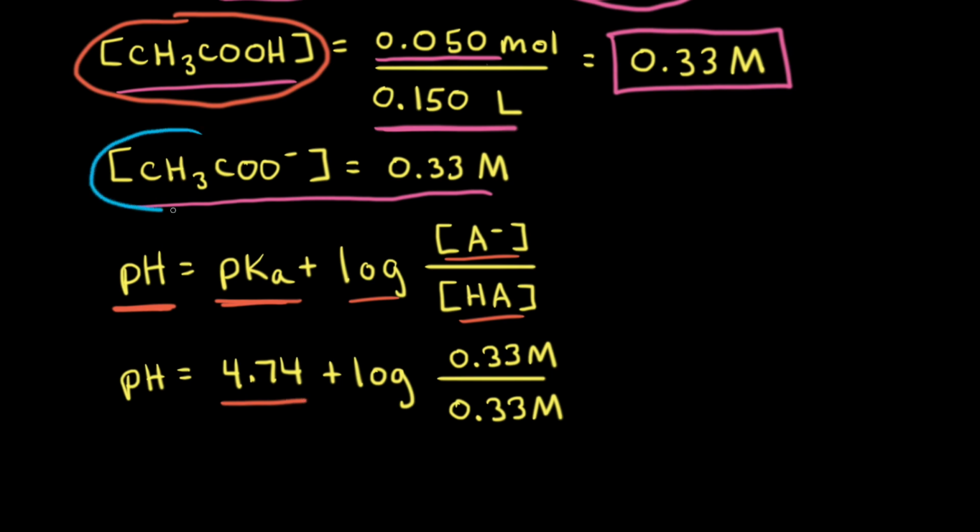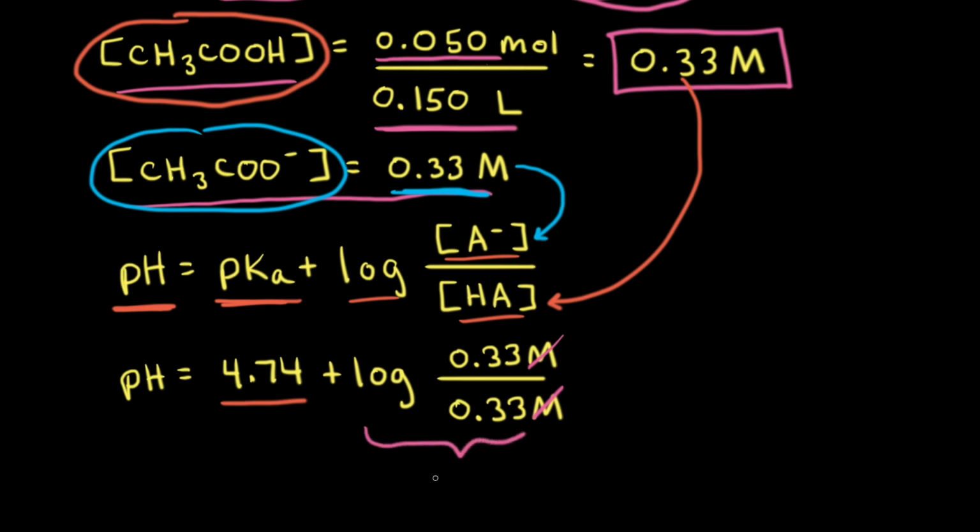The acetate anion is our conjugate base, and it has a concentration of 0.33 molar, so we can plug that into the Henderson-Hasselbalch equation. And the concentration of our weak acid is also 0.33 molar. Molars cancel, and 0.33 divided by 0.33 is equal to 1, and the log of 1 is equal to 0. Therefore, for this buffer solution, the pH is just equal to